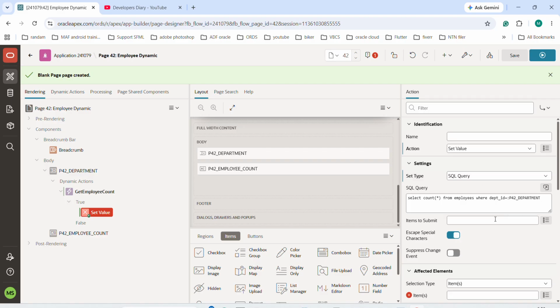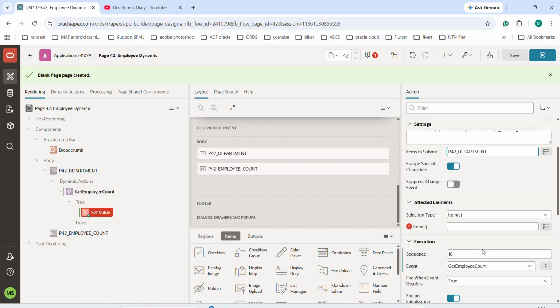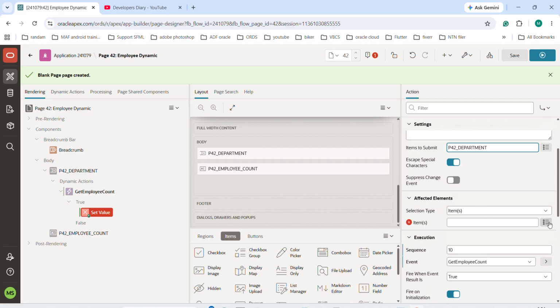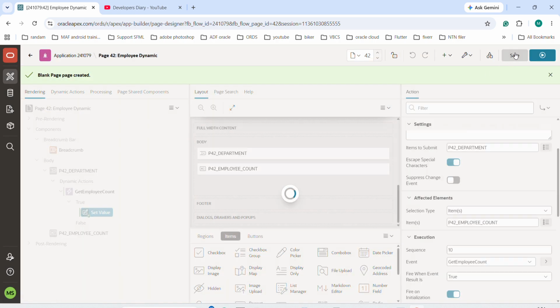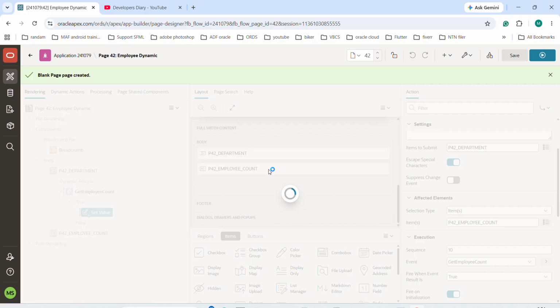So we are using the P42 department page item in this query. So for running this query at the server side, we need to submit this item. After that, we shall choose an affected item, that is employee count. Click save